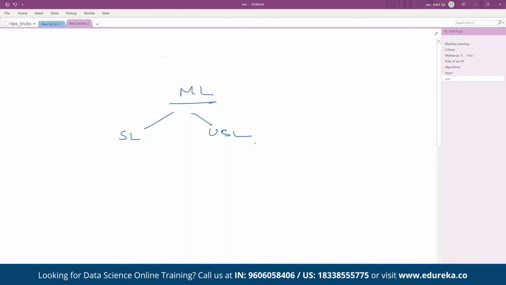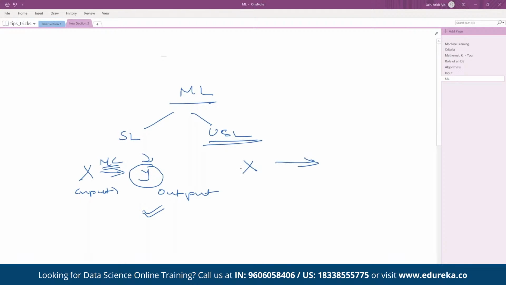Here, SL is supervised learning and USL is unsupervised learning. In this case, you feed in the X, and if your Y is known, you exactly know what you want to train the model on. What is my target variable or my output? If that is known to you, then it is known as a supervised machine learning model. And if you are feeding in X, your input data, into a machine learning algorithm, but you have not told it what Y you want, so the target is not defined,